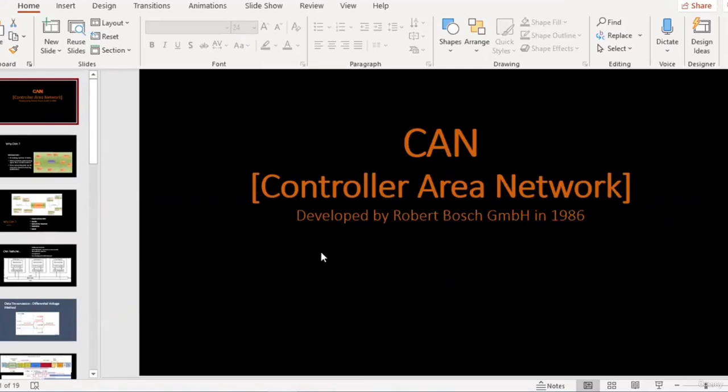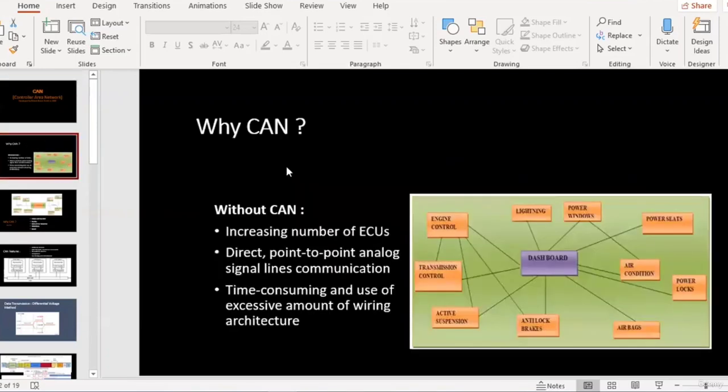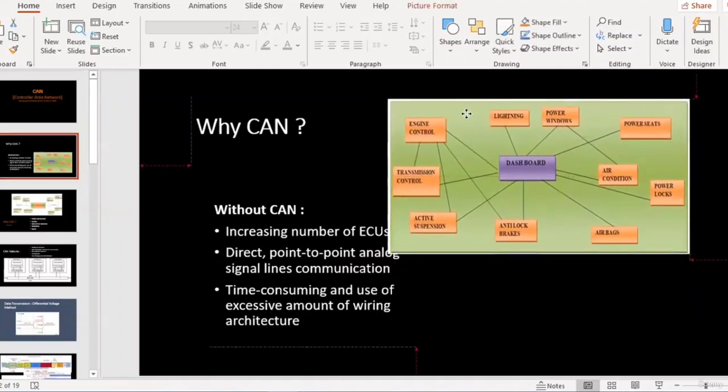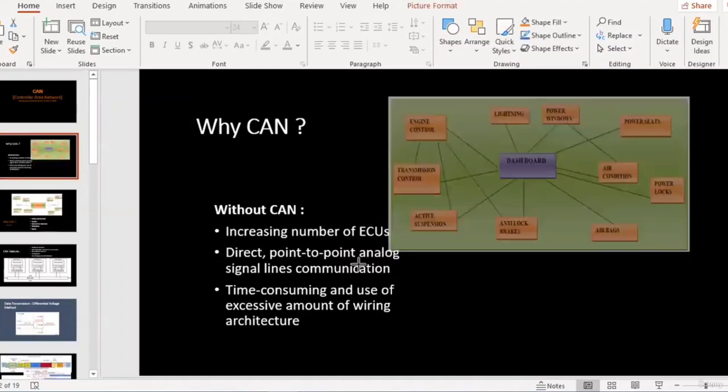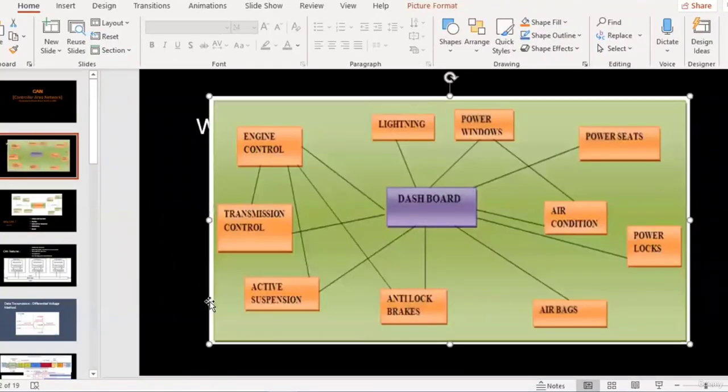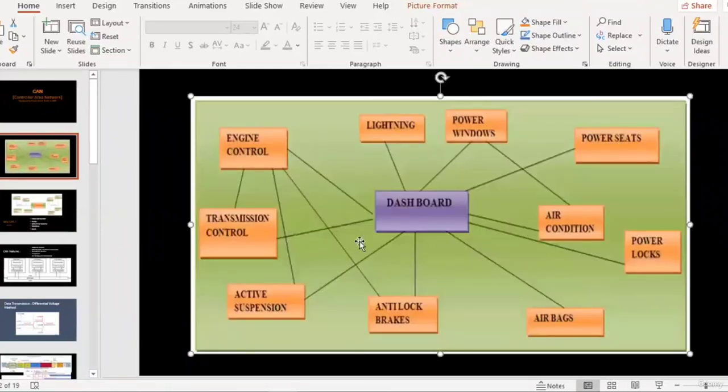there in the vehicle are connected to the CAN line and they exchange information between themselves using the Controller Area Network. So why basically are we using CAN in the automotive industry? There are multiple reasons for that, but before getting into the details, try understanding what would happen if the CAN network was not there. So in the absence of the CAN protocol, the diagram on the screen shows the different configuration that we have to connect the ECUs.